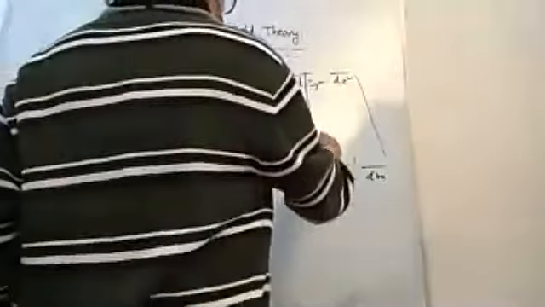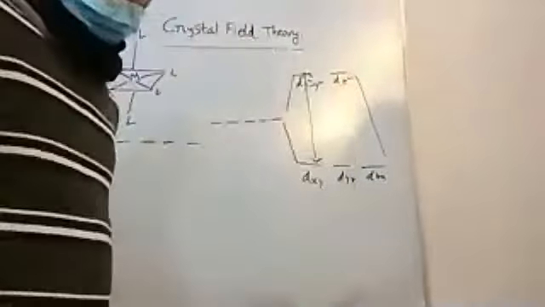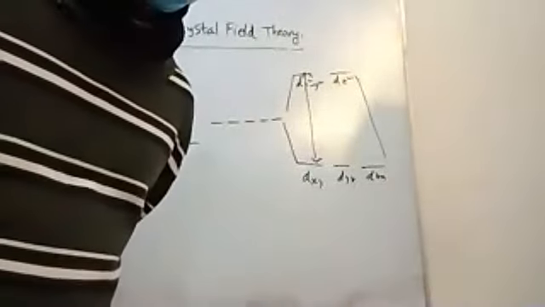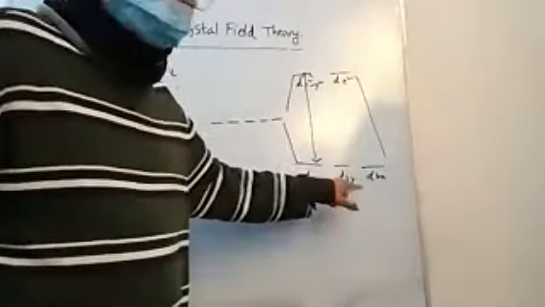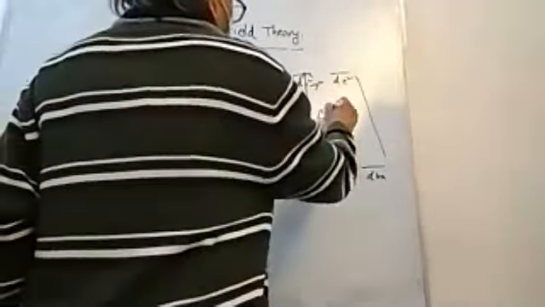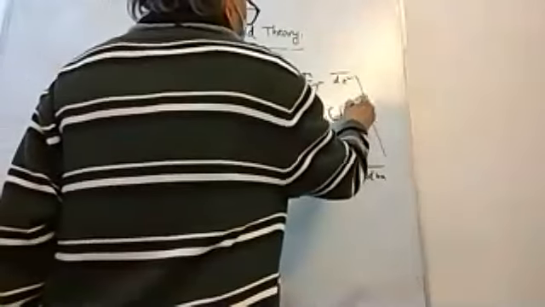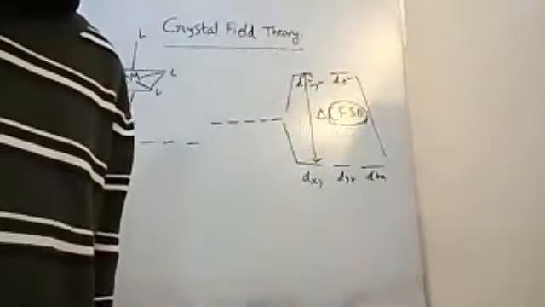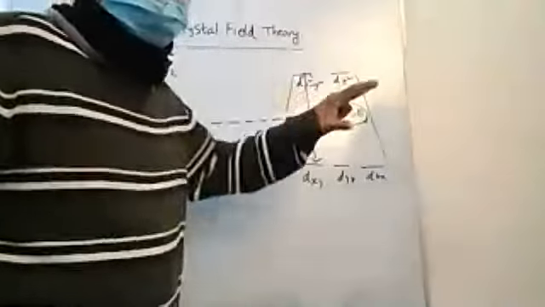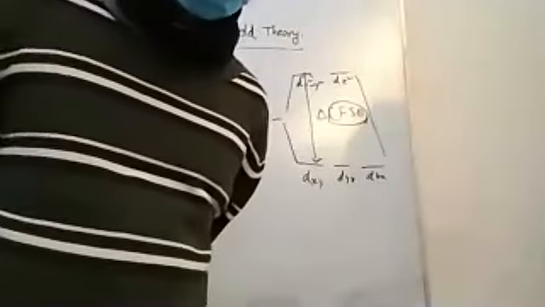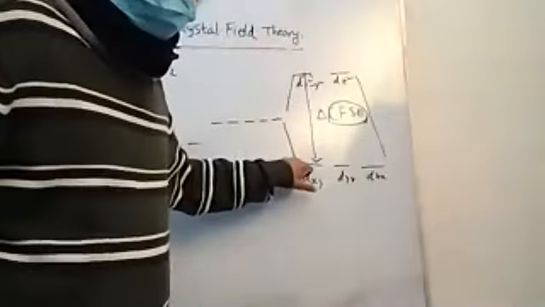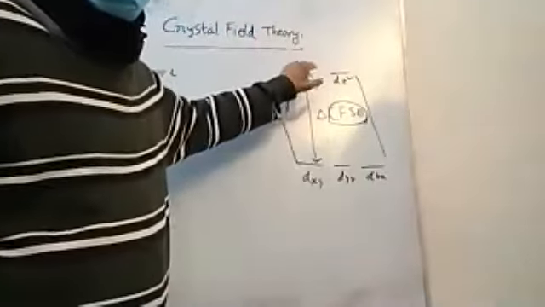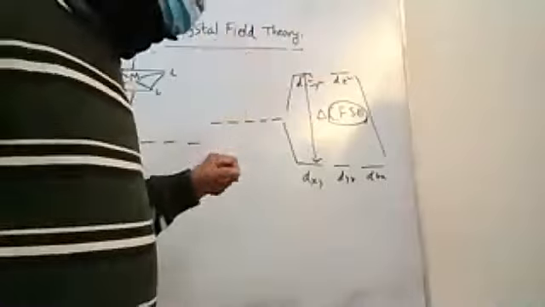Now this gap, the difference in the energies of x squared minus y squared and z squared, as opposed to the other three degenerate ones, is called delta, or the crystal field stabilization energy, CFSE. This gap generally is in the optical range, and that explains why the complexes are colored. So when you excite electrons from the lower 3 to upper 2, you get a transition.